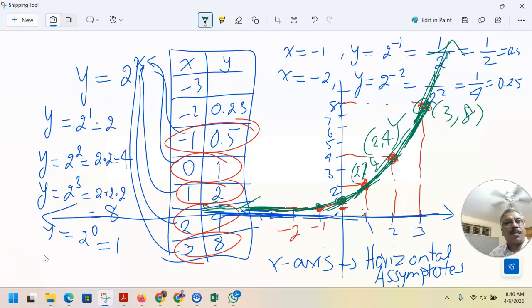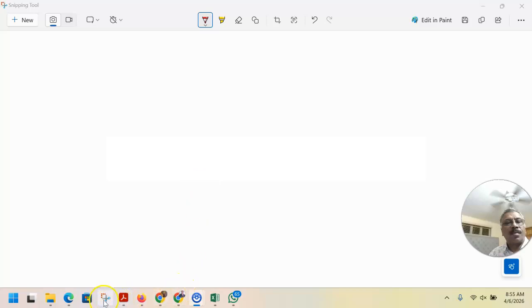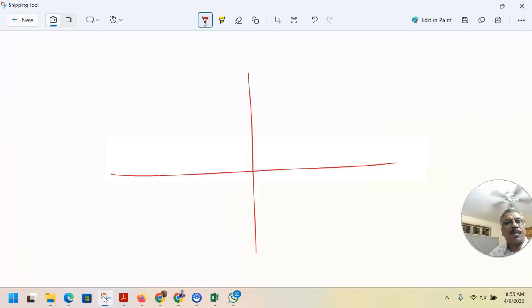So now the next question is, what about if in the same equation there was a 3 here? See, instead of this, it was 3 times 2 raised to x. Each of these outputs is multiplied by a scale factor of 3. What that means is, if this is 1, this 1 gets multiplied by 3. So 3 times 1. Anyway, the point I'm making is, if your original graph is y equals 2 raised to x,